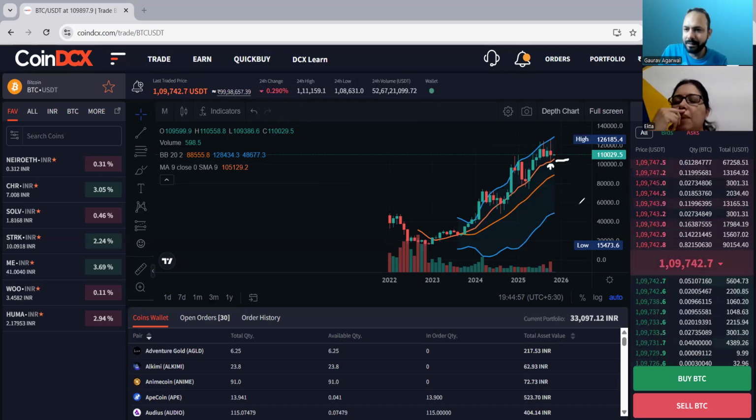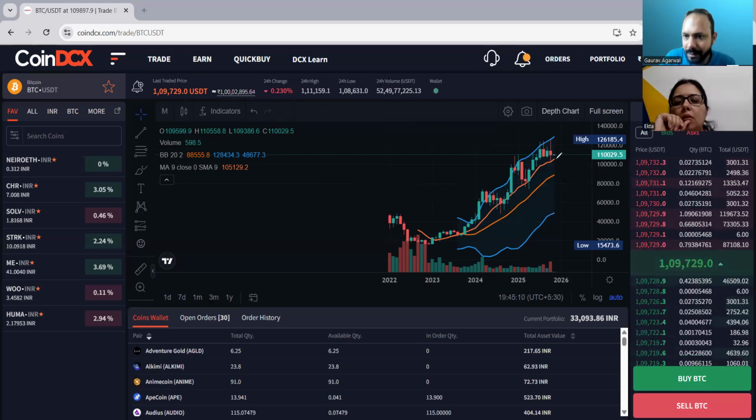Okay. Now, my thinking was, what if I start getting a green candle over there and it again starts moving up? See, now you can see a green candle. The last one looks like green, it's just coming up now, because the month has just started, but the month will end on 30th of November. At that time, we have to see whether the candle is green or red. Now it is starting only. It can be red or it can be green. It will keep on changing until 30th of November. The final candle will be formed on 30th of November, right?